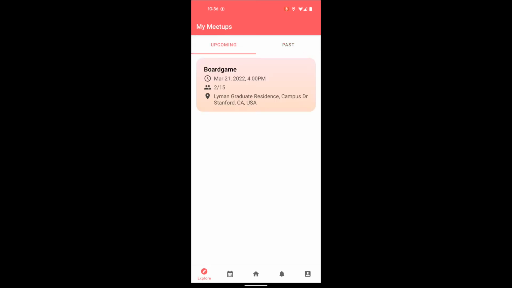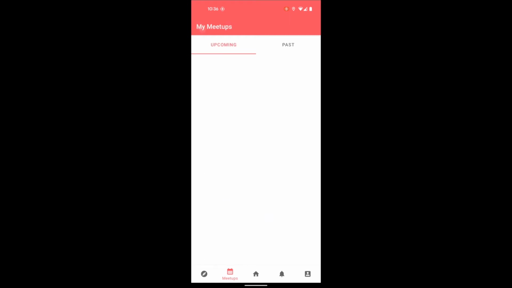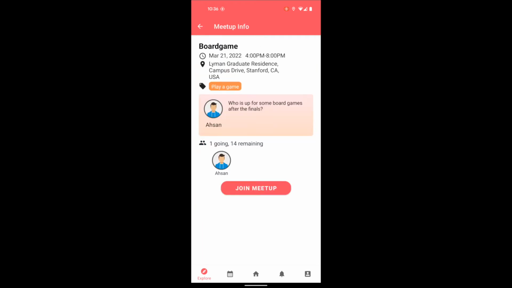And this will show all the meetups, not only the activities. This will show the conversation meetups as well. If I go to this activity, I can leave the meetup and I can join the meetup again. Once I leave the meetup, if I go back, the meetup disappears from my meetups list. So if I go to the board game again, I join the meetup,